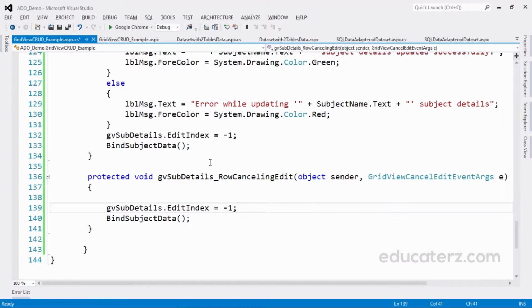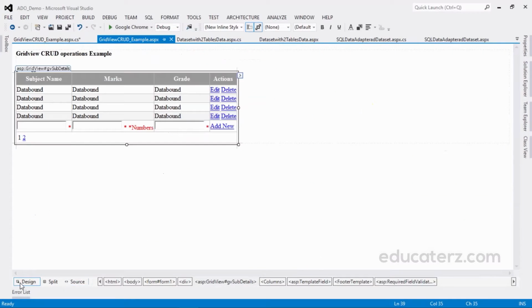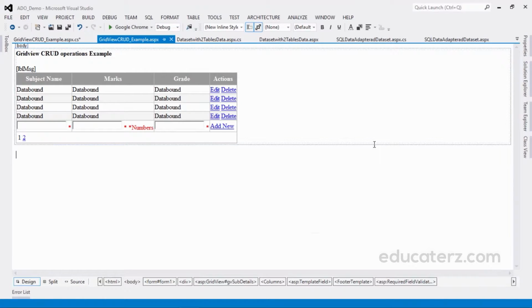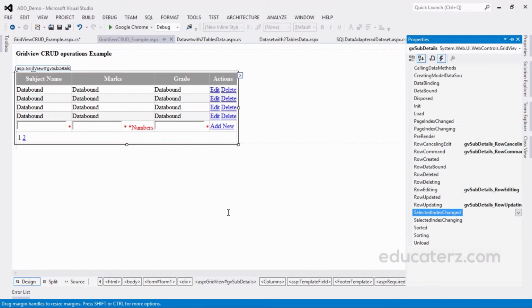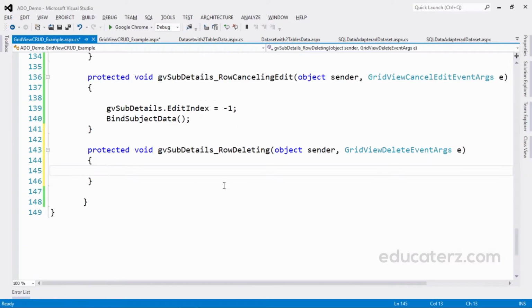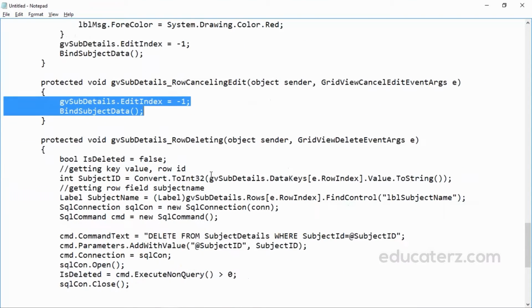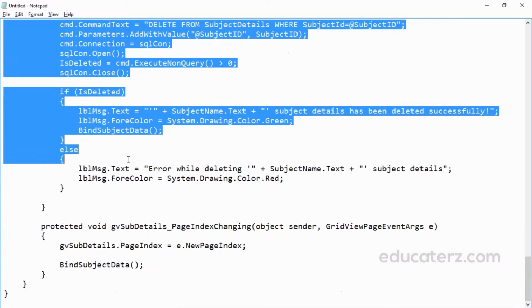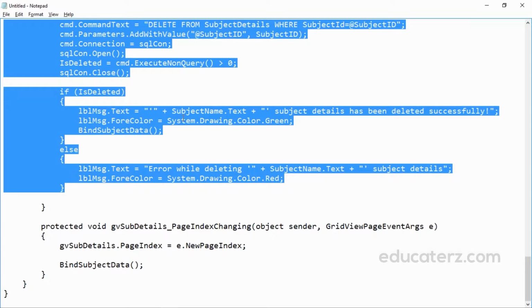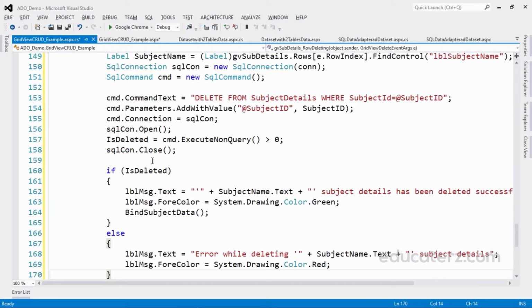Now let us see deletion of the row. For this, go to properties, row deleting event. Double click on it, then we get the row deleting event. Copy it, paste it.